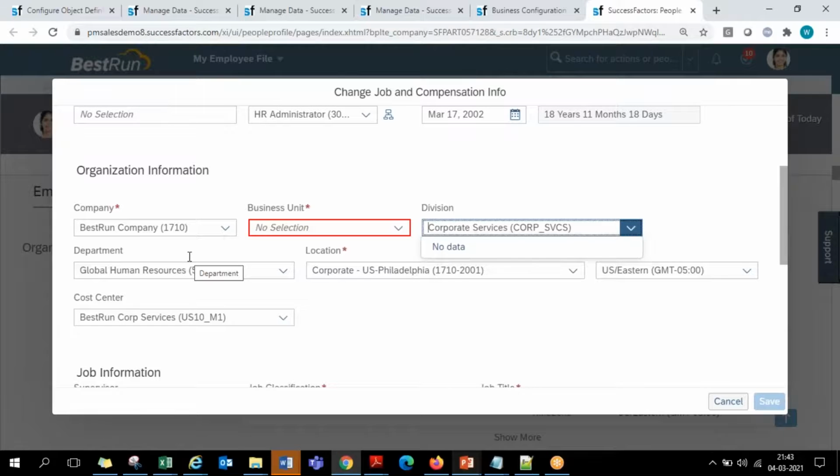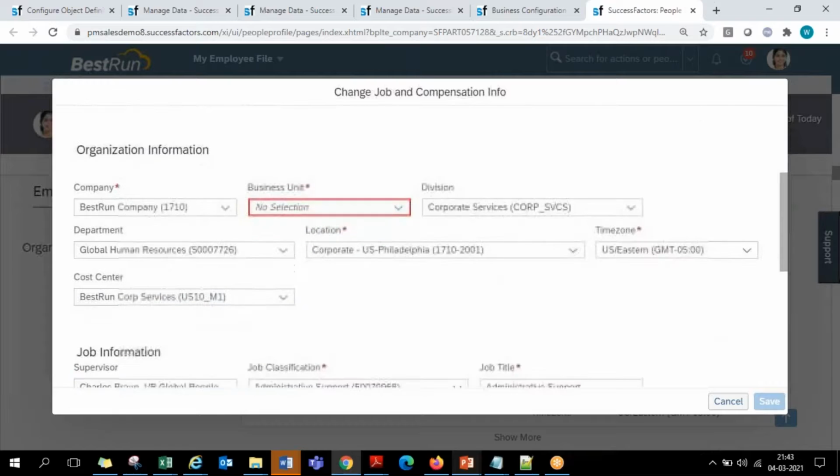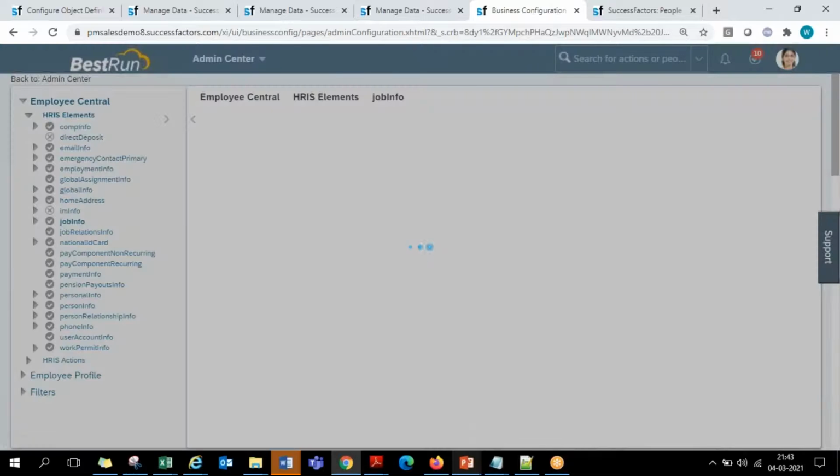The association whatever we saw till now is only 50%. The rest 50% is to be done at the portlet level also, in this job information portlet. This org information, job information fields, I told you these are part of job information, right? Just now in the starting of the session. So there is also a configuration that you are required to do in the job information portlet in the manage business configuration. That is the rest of the 50%, here in the business configuration. Go to the job info portlet.